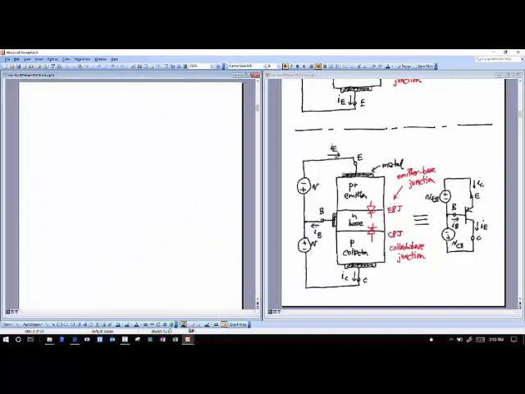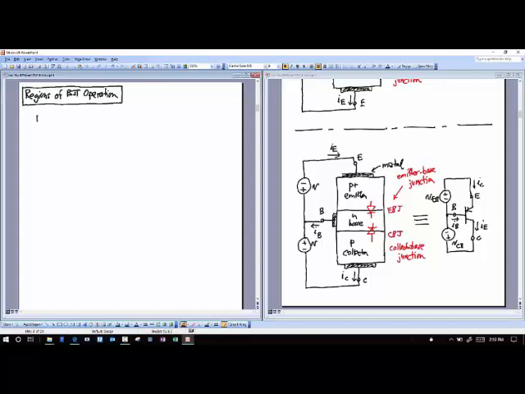And let's first talk about regions of operation. So maybe the easiest way to describe what happens in this is to look at its regions of operation. So regions of BJT operation. And for this, I'm going to make a little table.